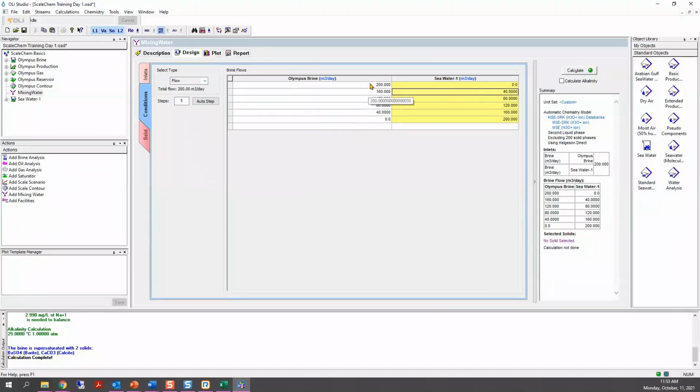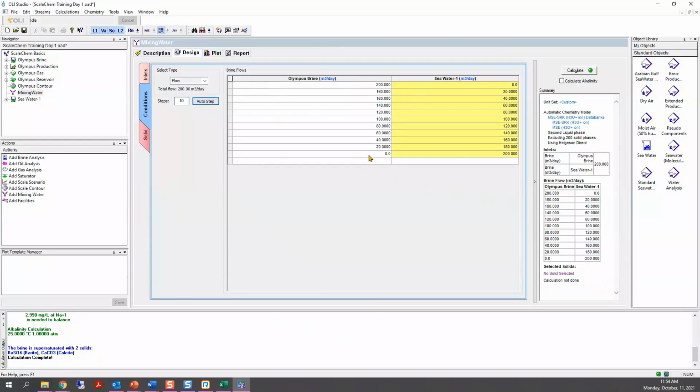If you want to increase the resolution of these ratios or these flows, you can simply come here where it says steps, enter 10, and then click on auto step, and it immediately recalculates the steps for you.